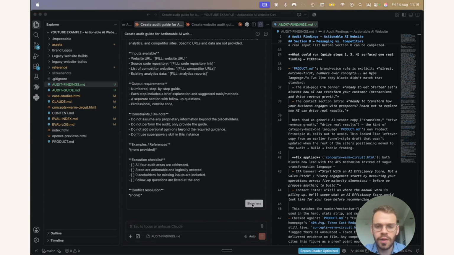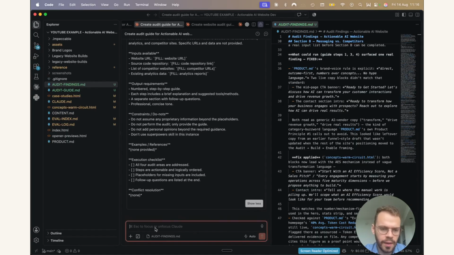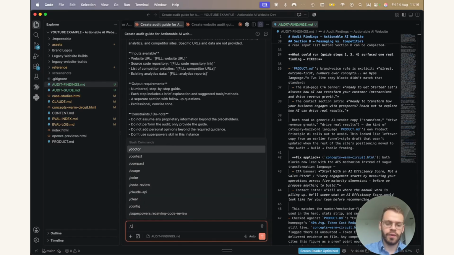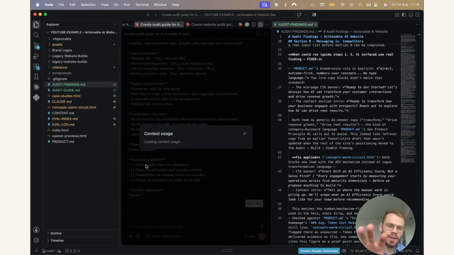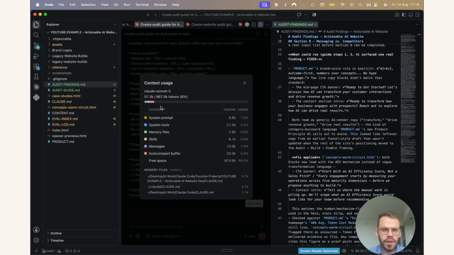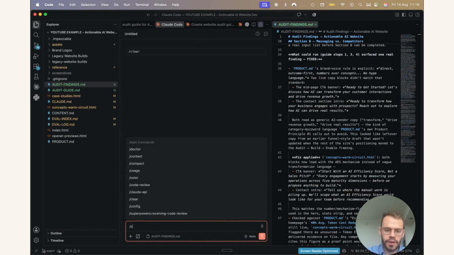The next skill that we're going to go over is the /clear. So very similar to the compact skill, it's essentially just going to help you completely clear out your chat window, and you're essentially starting from zero. For example, right now, I don't want to use it for my main chat, but for this other chat, we're seeing that we have 57,000 tokens being used in this particular case. If I were to just hit clear, it's going to go ahead and completely clear that